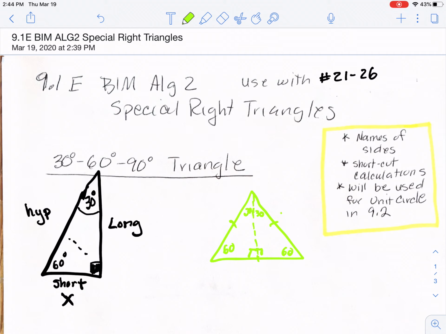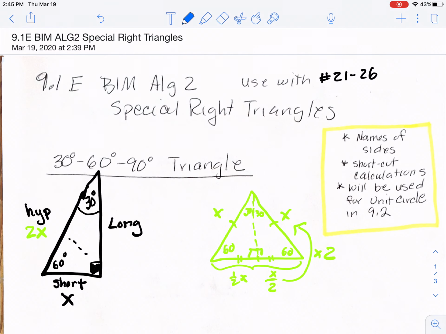When I started, if all my sides were the same, they were all x. But as soon as I drew this altitude, we cut this base side in half. So this is 1/2 of x, or another way to write it is x over 2. So my short side is half of my hypotenuse, but if I go the other way, to go from half of the hypotenuse to the hypotenuse, I'm just going to multiply by 2. So if my short side is x, the hypotenuse is 2 times x. The long side,